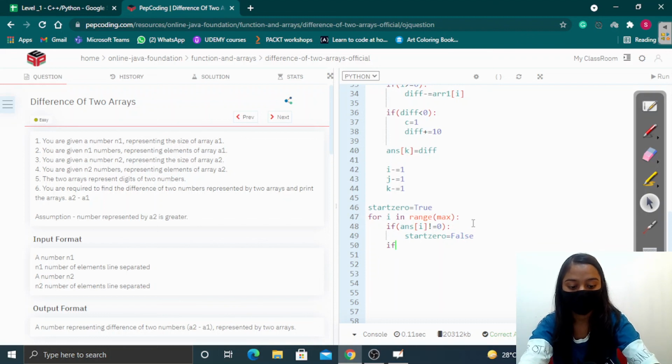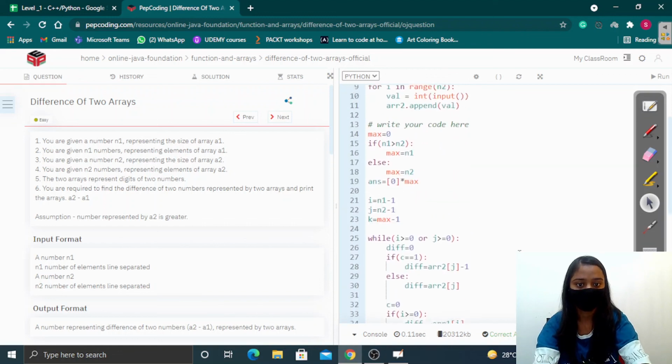And once this flag has been turned to false, then what we are going to do? We are going to print our numbers. So in that case, we are going to print answer of i. So this code is done.